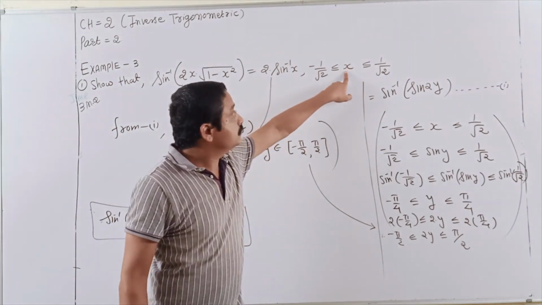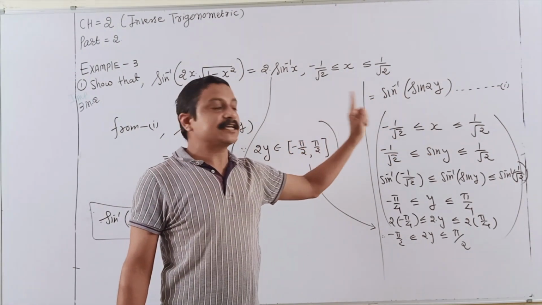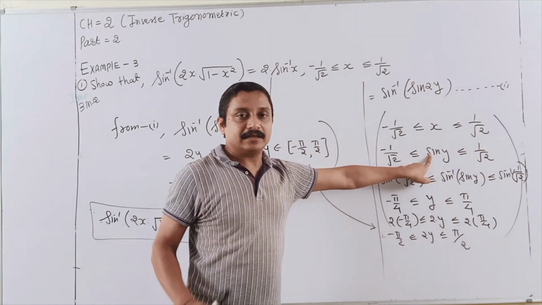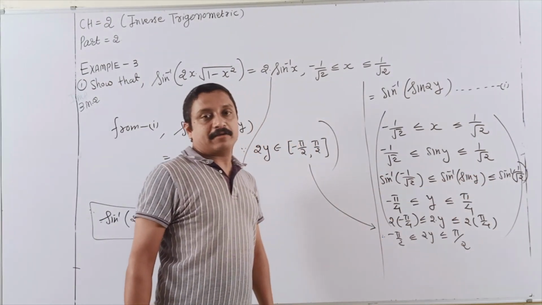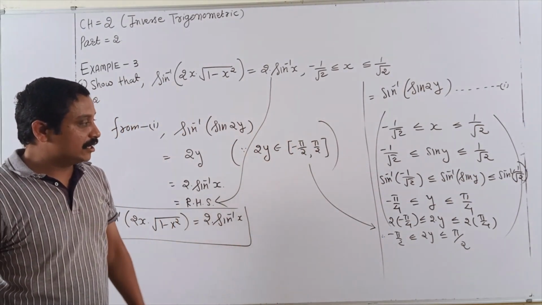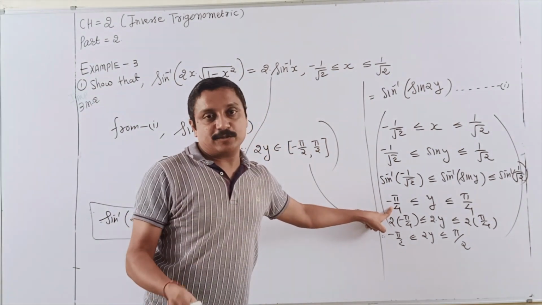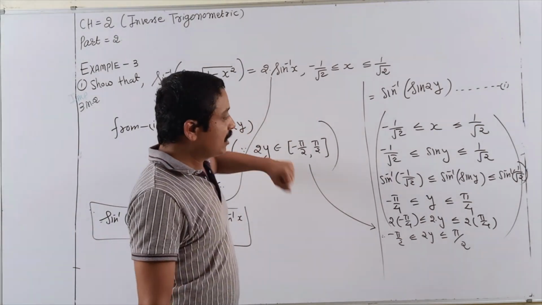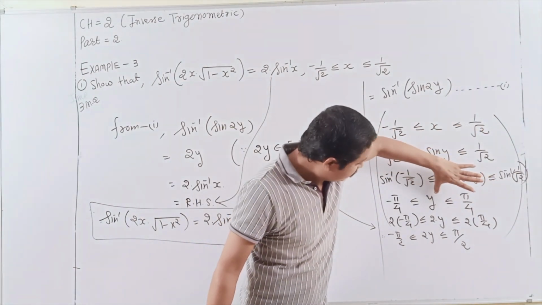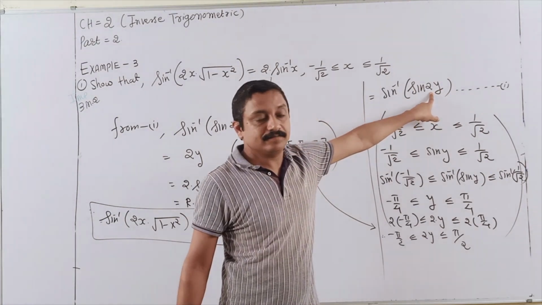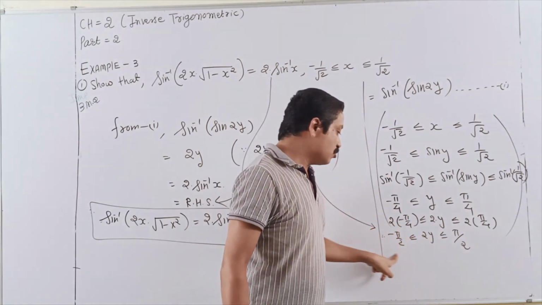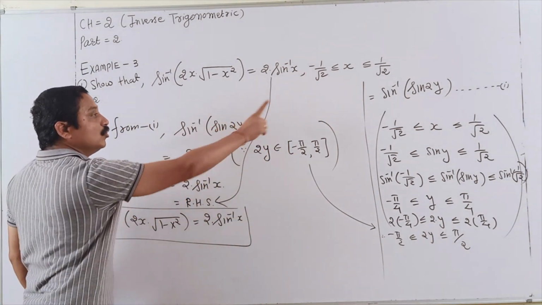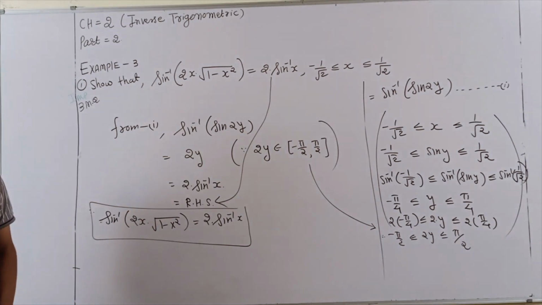This is your given condition. X I already assumed as sin y, and I want the y value, removing sin. That's why I take sine inverse of each term. And here sine inverse of minus 1 by root 2 is minus 45. That removes sin, it is only y. It already belongs to the range, and here also 45. Now this y I want in 2y, so multiply by 2 everywhere. Check this range belonging, then write down here 2y. These are to remove from first. And here happily this numerical is done.